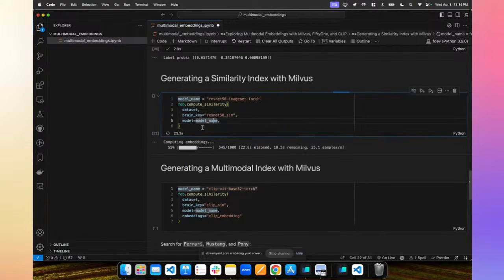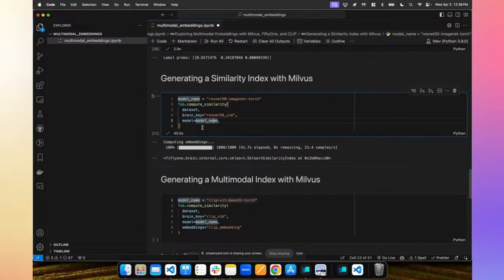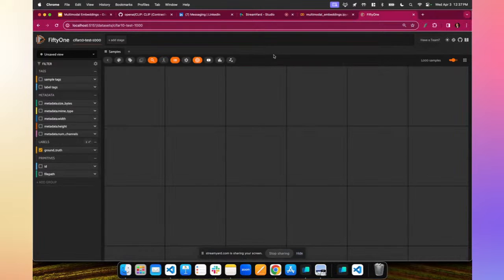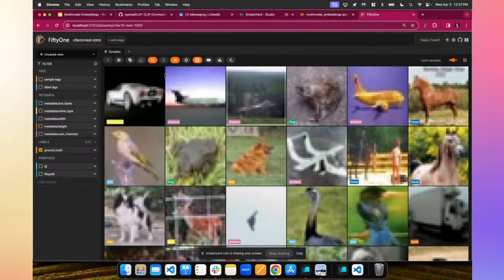And it is going to, once it creates these embeddings, generate an index over them, which we will then be able to use to search. And because this is only a visual model, we will only be able to visually search our data. We won't be able to use text yet. But in a second, when we use the CLIP model, we will be able to do both things. So it's finishing up. And it might be faster if you're using a GPU. I'm just doing this on my CPU right now, but we can go back over to the app and we can refresh. And then let's click on an image.